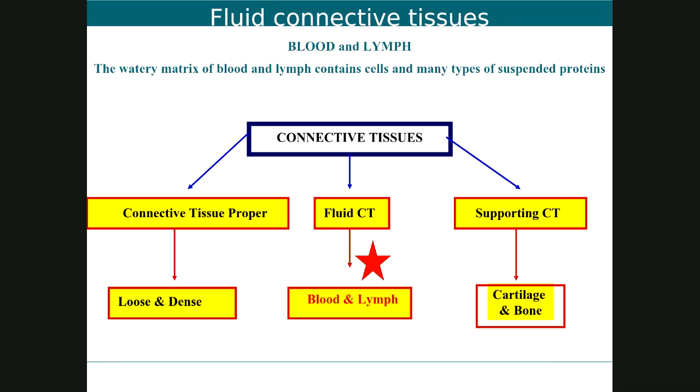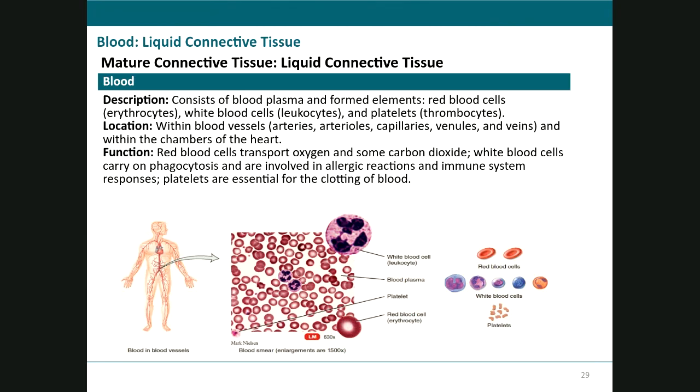So let's move on to the second type of connective tissue, which is fluid connective tissue. And fluid connective tissue includes two areas, which are blood and lymph. We will talk about lymph to a great extent in the next few weeks. So let's look at blood. So blood connective tissue is made up of blood plasma, which is the extracellular matrix, and the formed elements within